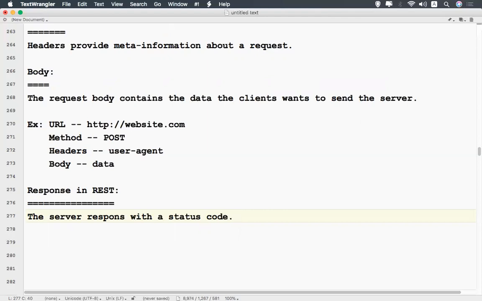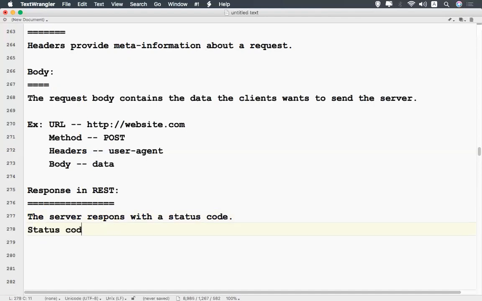But status code means for each and every action, you will get some status code. According to that status code, you'll come to know what happened when you send a request, whether the response you got is correct or wrong, whether you did not get the response, whether there is any error in the response. So everything will come to know with the status code.